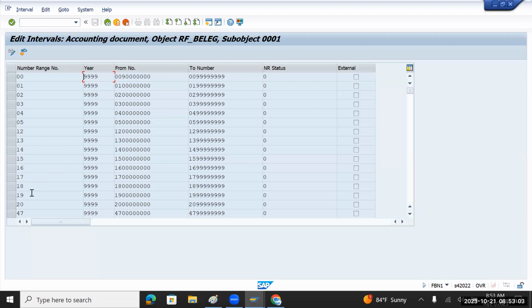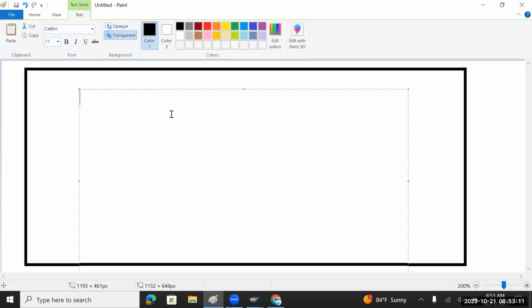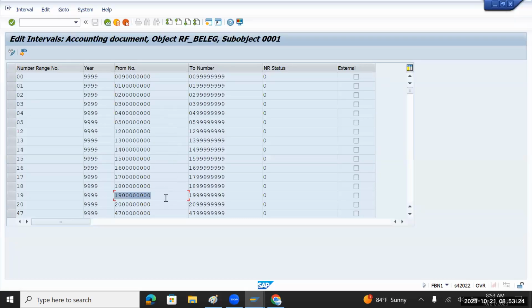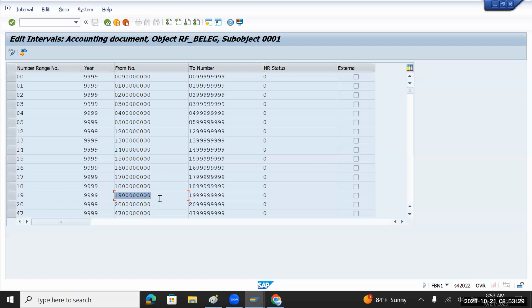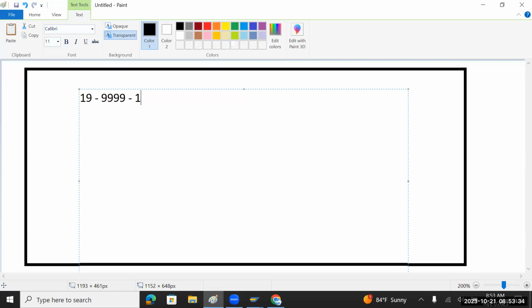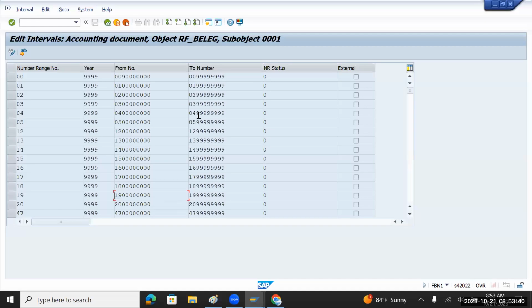Let's take an example of 19. For 19, we have the fiscal year as 999, unlimited years, and from period it is showing as 19. And to period it is showing as